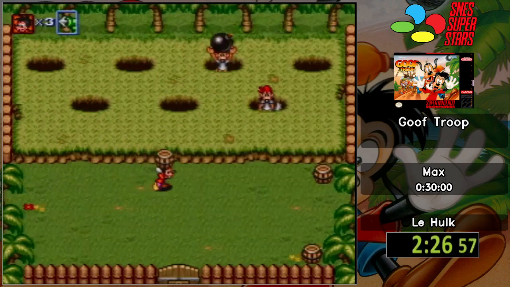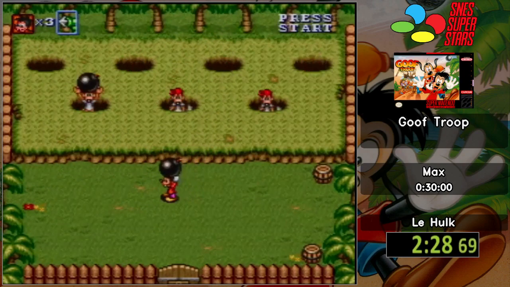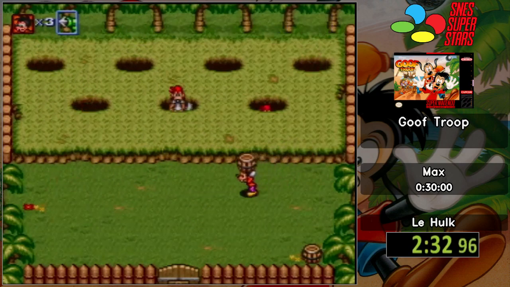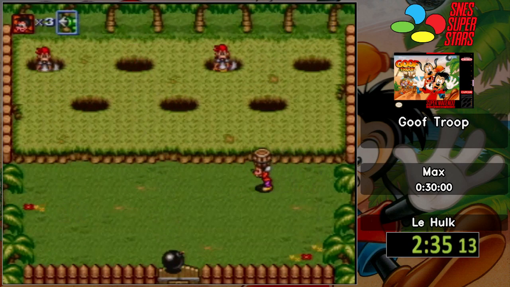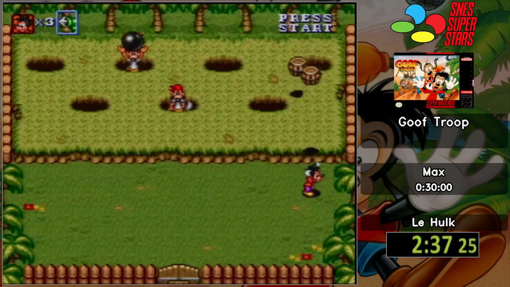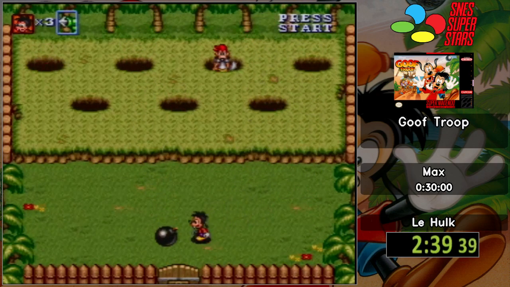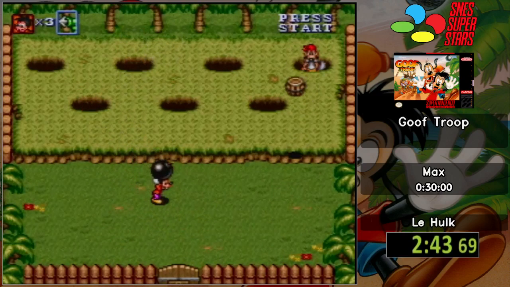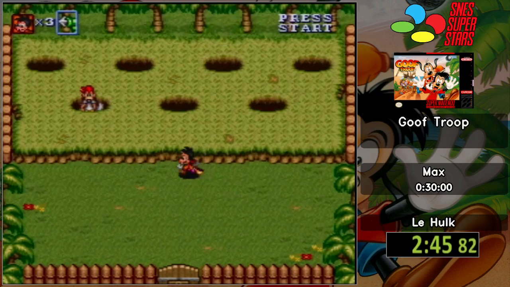Okay, first boss, RNG galore. I don't know where they're gonna come out of. They will either carry a barrel, or a bomb, or a spike ball, which I cannot pick up. Oh, my god. Come on, someone with something good. Oh, dude! I should have waited. Oh, no,